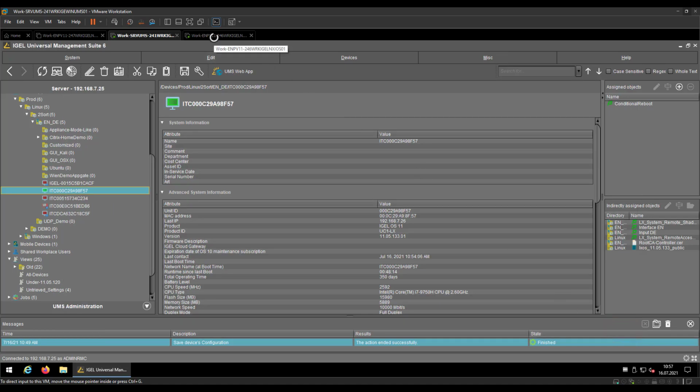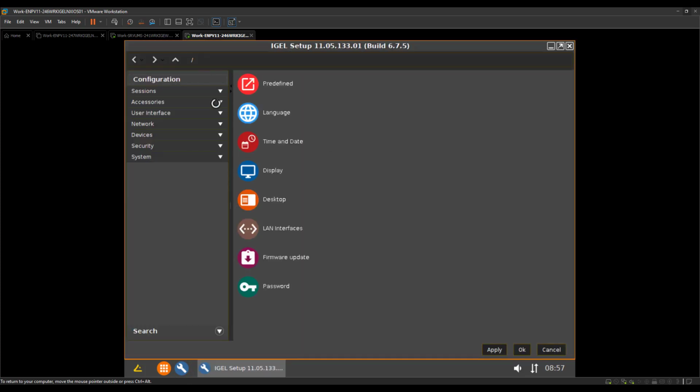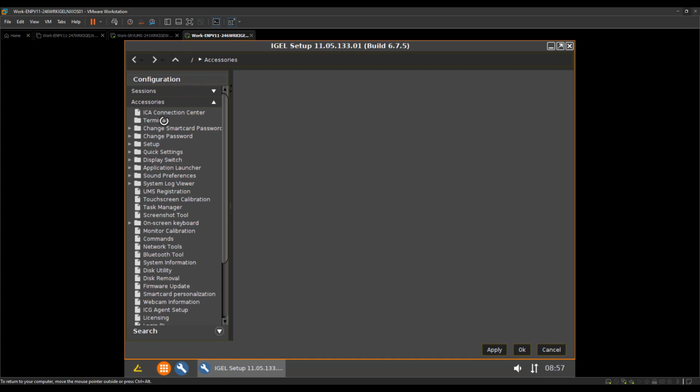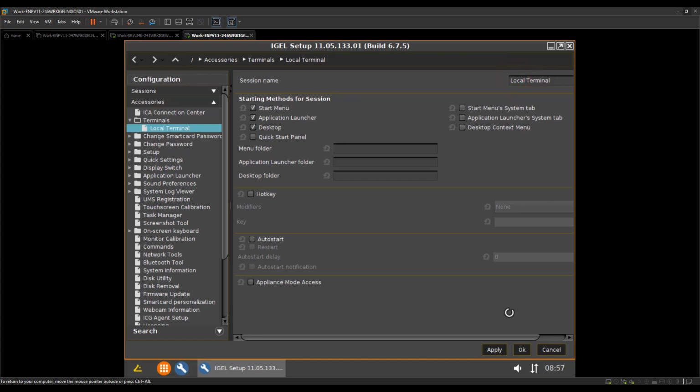So if you have access to the endpoint, you could do the following. Accessing the device via SSH, assuming you are allowed to, or if you have access to the local IGEL setup, I mean, besides the way that you can reset the device to factory defaults, no questions, but sometimes you might have an IGEL RM server or DHCP option 224, which will grab the device faster than you could. So I'm opening a local terminal,